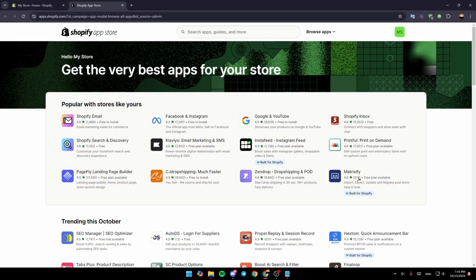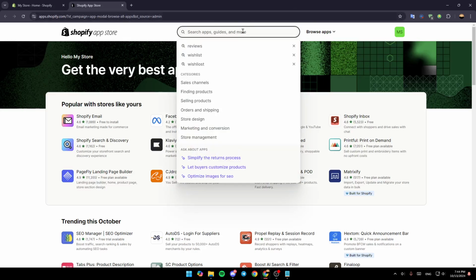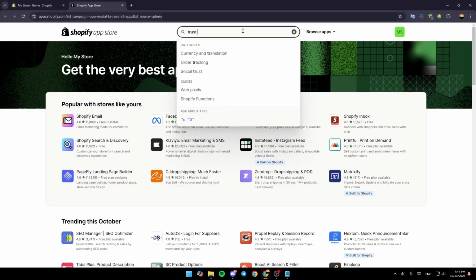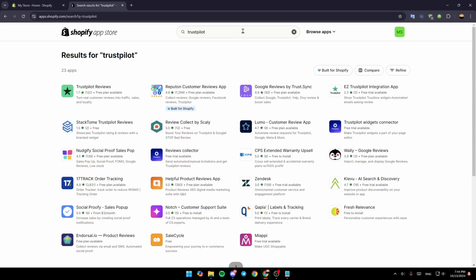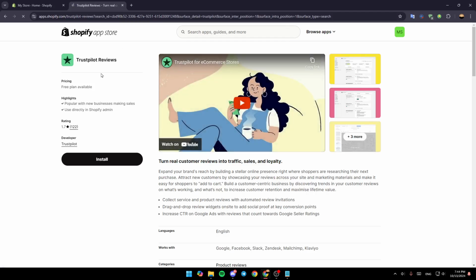So once here in this page, basically guys, just go to the top. Then here you're going to find the search bar, search for Trustpilot like this. And after that, go ahead and hit enter. Once you do that, you're going to find all of the results for your search. So here in this list, search for Trustpilot reviews, give it a click,